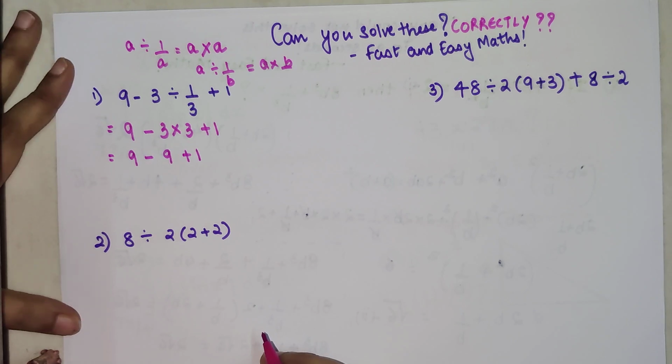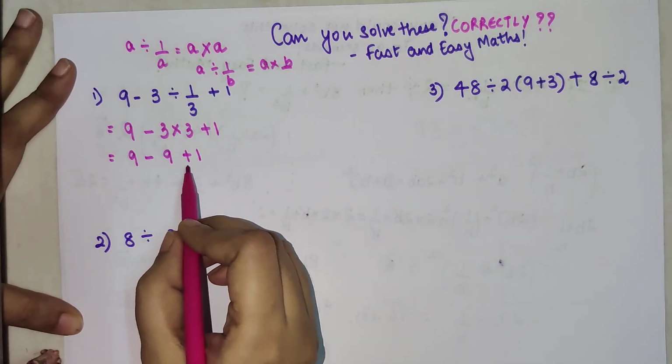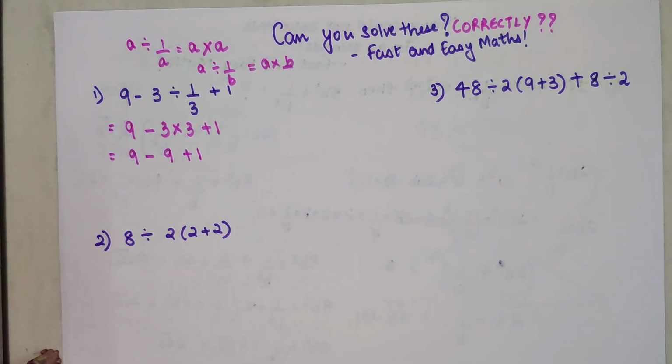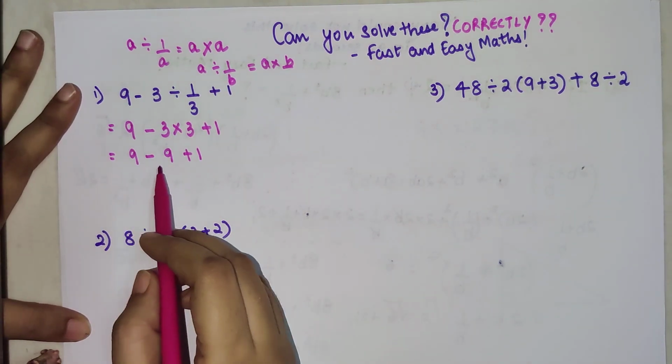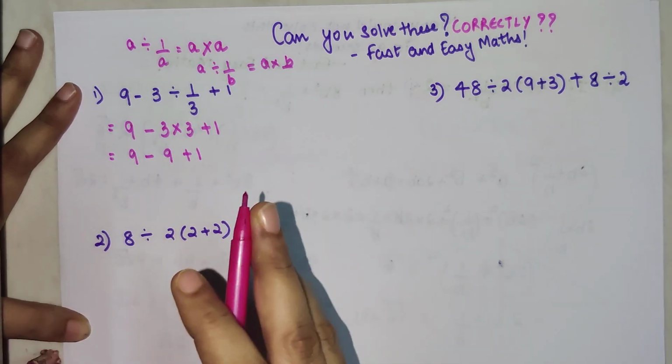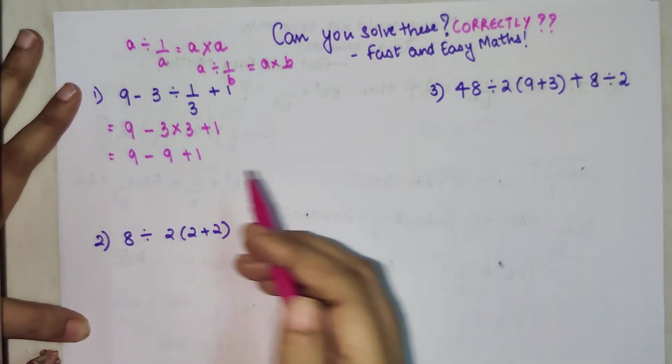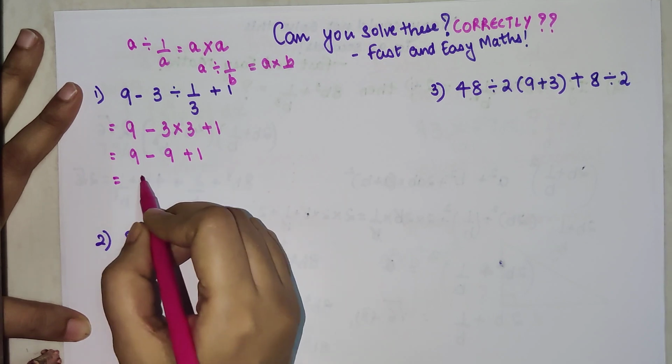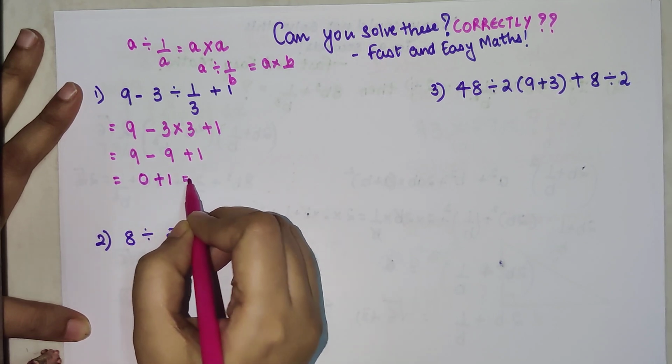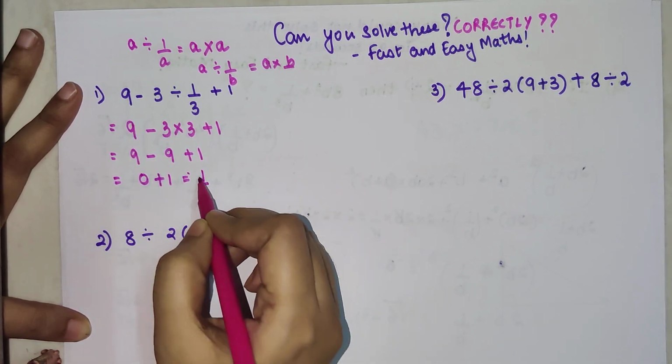Now what you should do: minus and plus, as you have been told in your schools and by your teachers, hold the same importance or the same precedence. Similarly, multiplication and division also hold the same precedence. But just to remember certain ground rules, whenever you have signs in the entire equation which hold the same precedence, you start from your left and go towards your right. So first you will do 9 minus 9, which is 0, plus 1, which will still get you a 1.